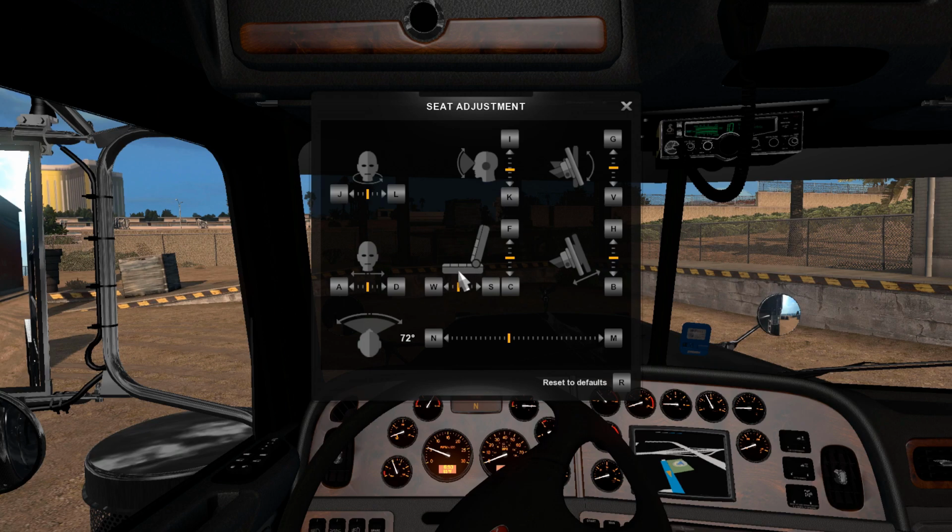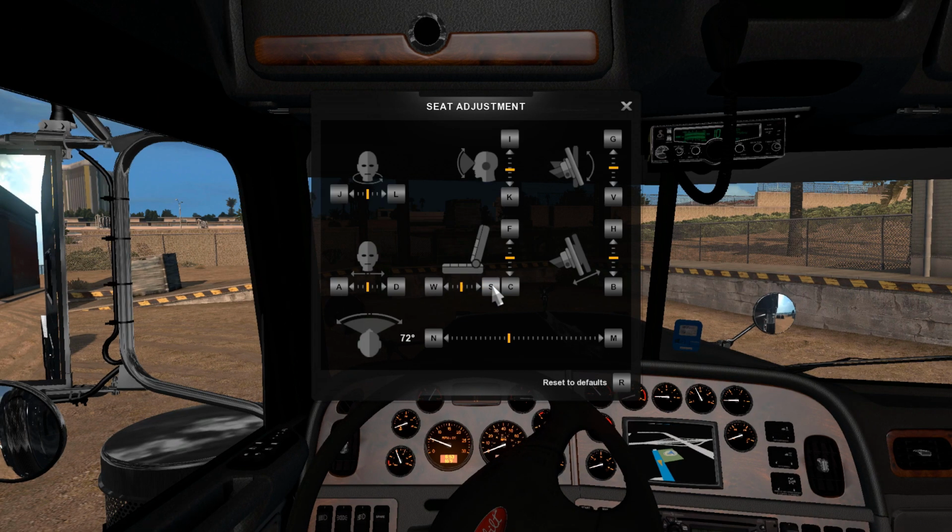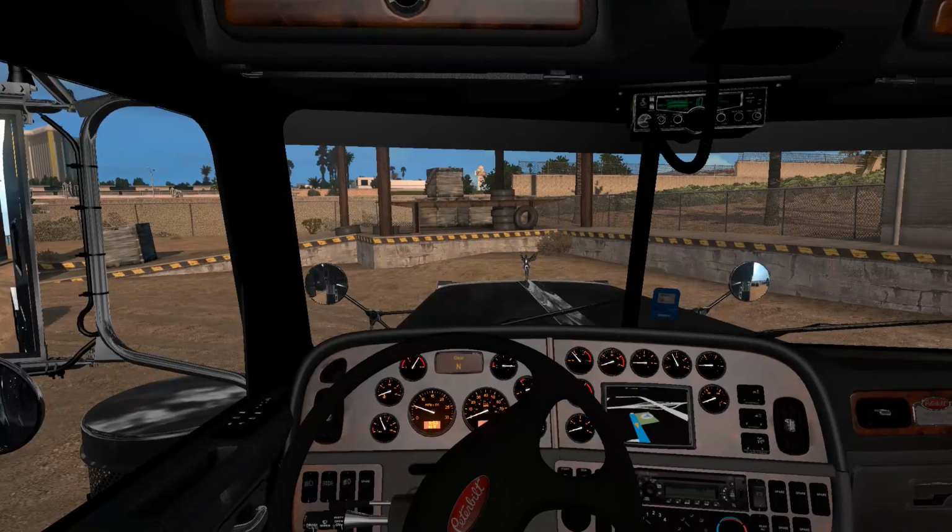And now seat adjustment. I want to move back here. What else can we do? Oh yes, move that forward a little bit and down a little bit there. That way we can actually see the full... Actually, I guess we can move that up a little bit more. And there we go. Awesome. So now that all of that's fixed up here,